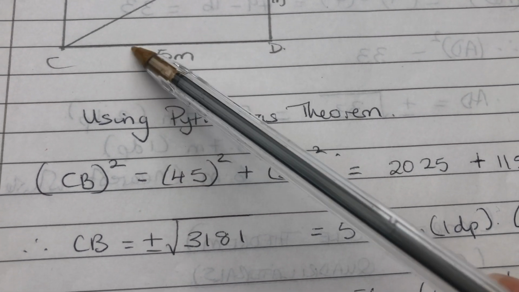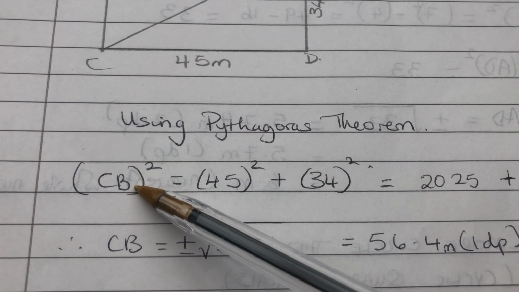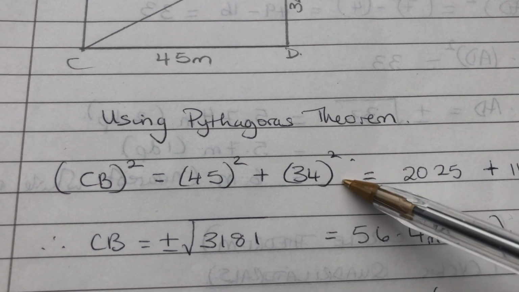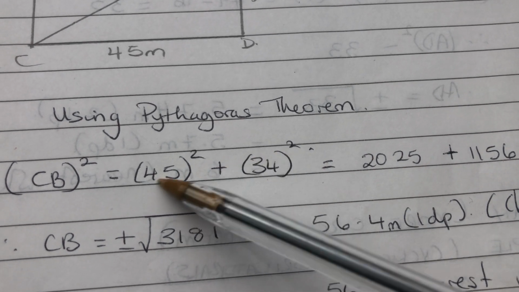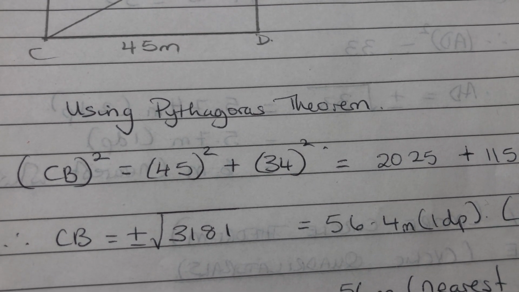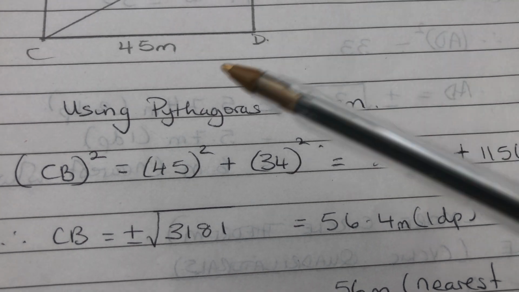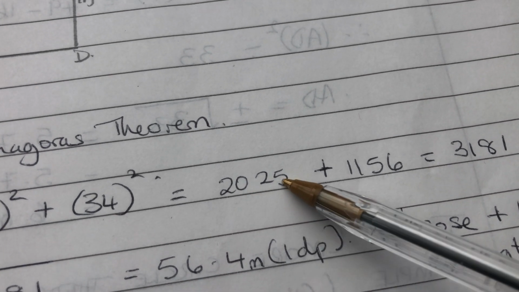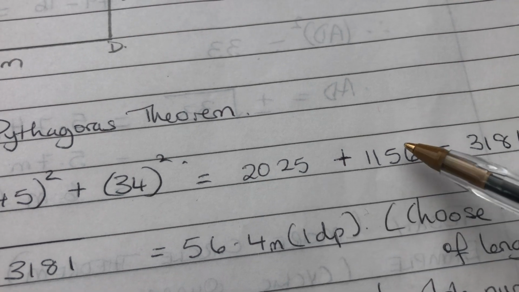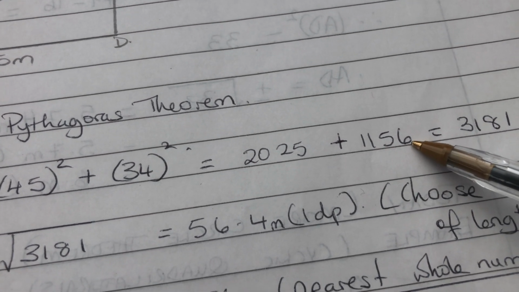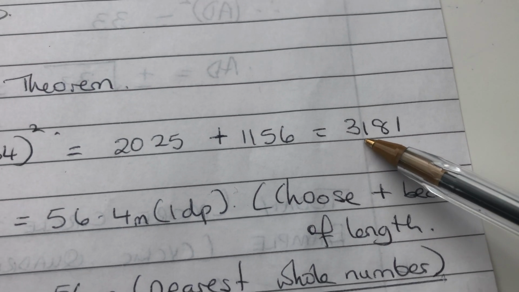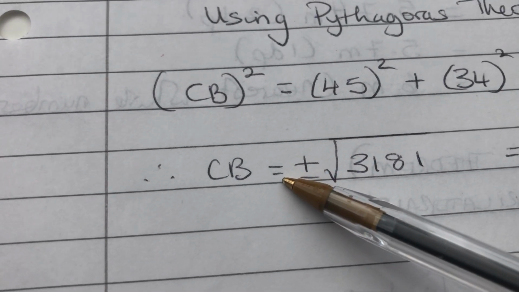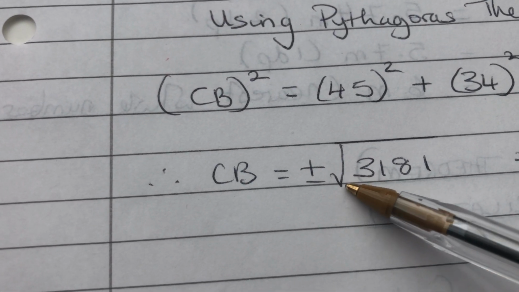So now CB all squared will be equal to 45 all squared plus 34 all squared. Immediately you set this up, the rest is calculation. So 45 all squared on your calculator will be 2025. 34 all squared will be 1156. If you add them up, you get 3181. Now to find CB is plus or minus the root of